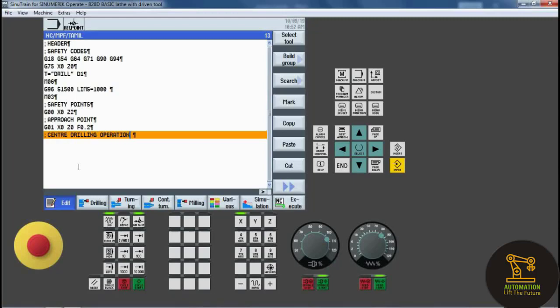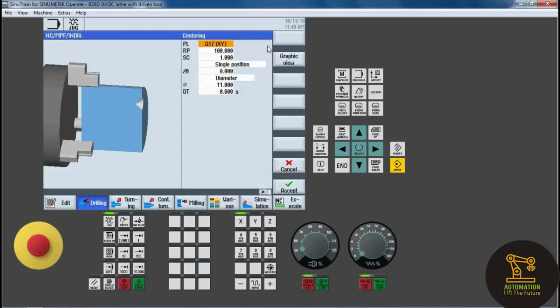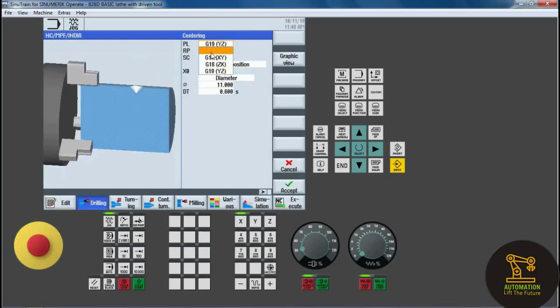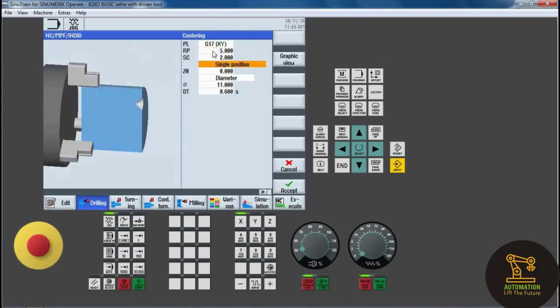Next one is the center drilling operation. So many operations are there: drilling, turning, counter milling. We want drilling, so click on drilling. Next we want center drilling, so click on center drilling. Then we select the plane. G18, G17, G19 are there, but we want G17, so click on G17. Retract plane as 5, and safety point is 2.